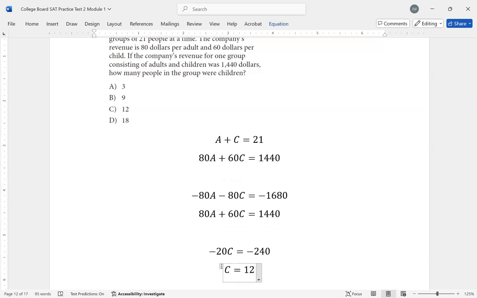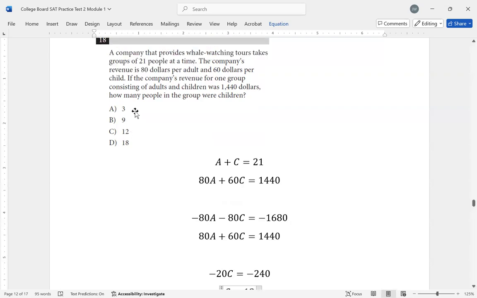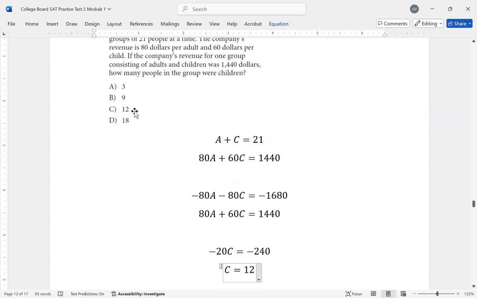Remember, C stood for the number of children that were on this tour. And so that's my final answer: C is equal to 12. Turns out that's also option C in the outputs. By the way, when you solve this, you can also now see that the number of adults